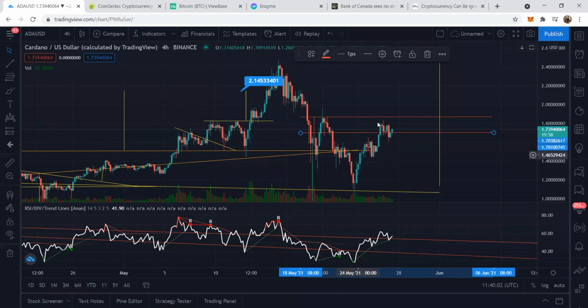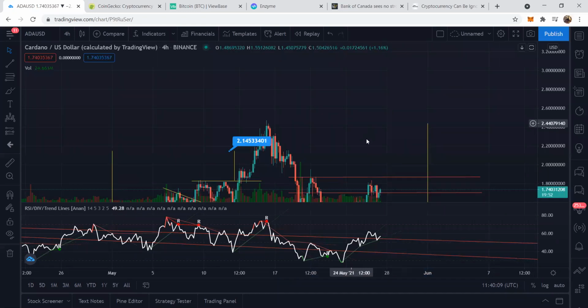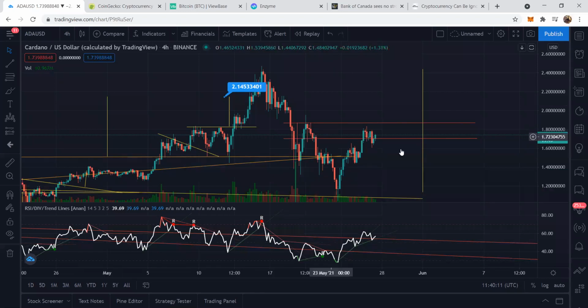The bullish scenario is that this is an inverse head and shoulders. In the next 4-hour close, it's going to break this. It's going to shatter on top of it, and we're going to have huge volume, and we're going to go to all-time highs. The bearish scenario is that this complete inverse head and shoulders gets rejected at 1.86 on the